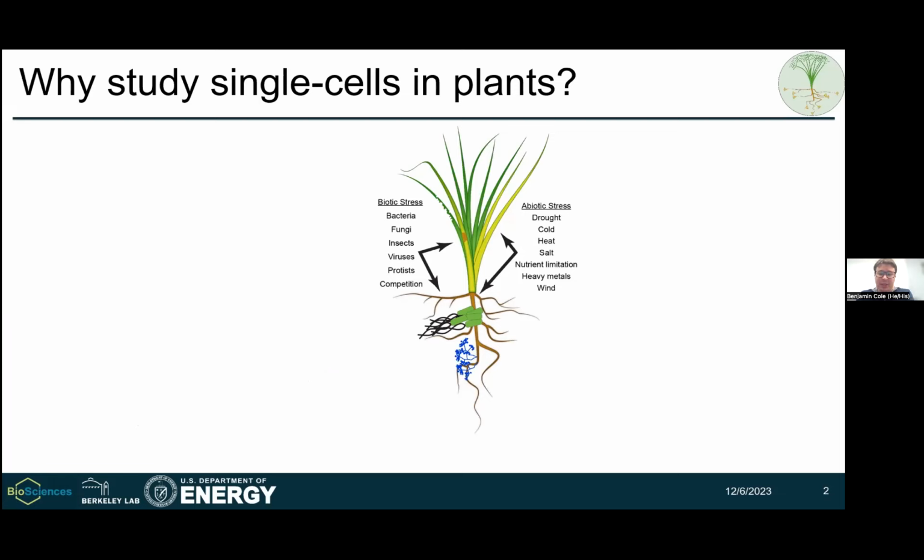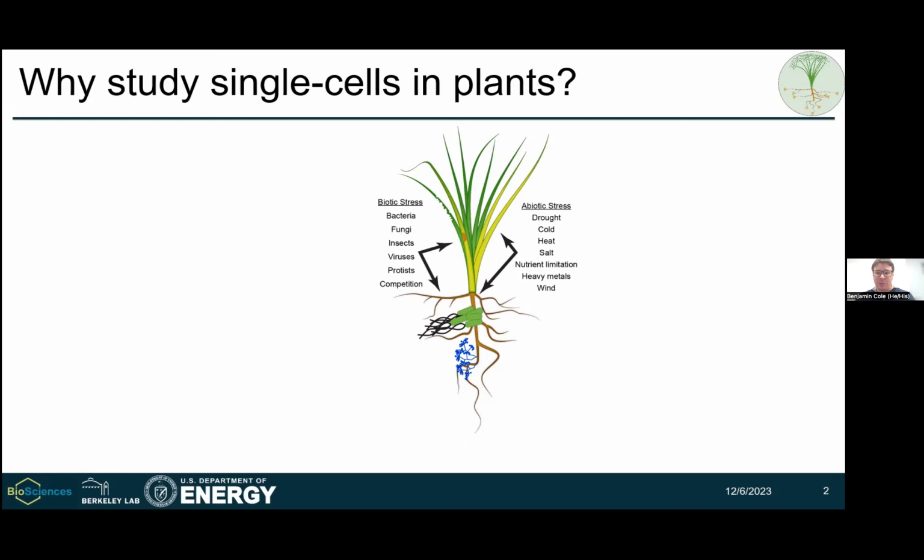So to start, I wanted to take a step back and ask why it's important to consider cells and cell types and single cells in plants in particular, which is my area of background, although I think this is universally interesting to all fields of biology. So what makes plants interesting is that one of the many things that make plants interesting is that they're fixed in place, but they have to react to their environment. And so this environmental stress can come from a variety of different sources, from physical and biotic, and they have to just deal with that in situ.